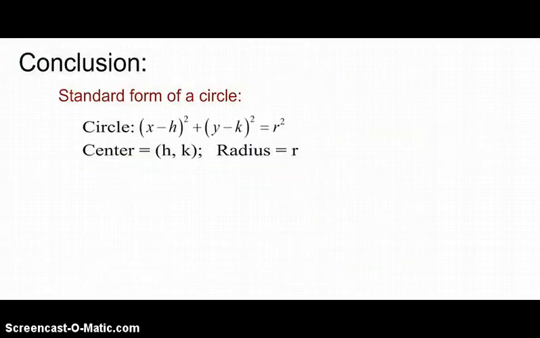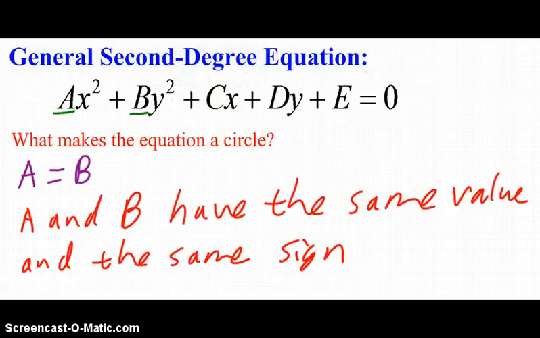So, what do we need to know? We need to know the standard form of a circle, what we can get from that, the center and the radius, and we need to know how to take the general second degree equation and convert it to standard form of a circle when it's a circle. So we also need to know how to identify when this is a circle, which would be if A equals